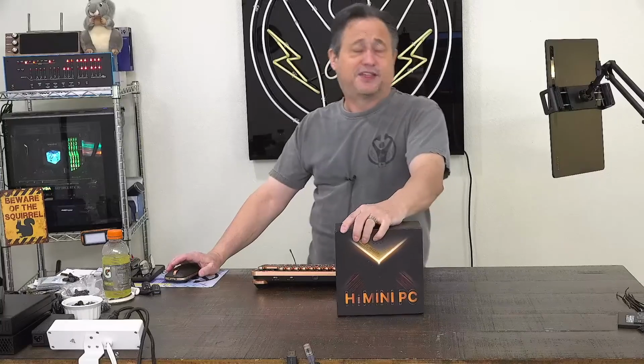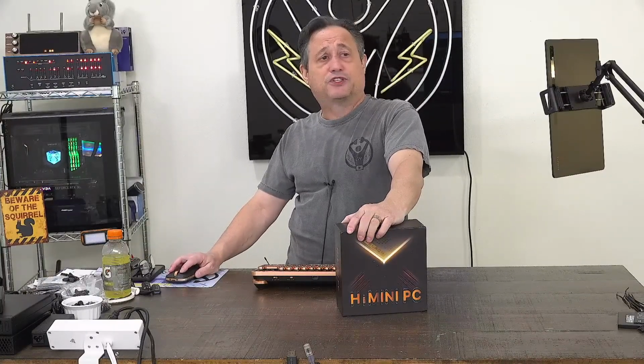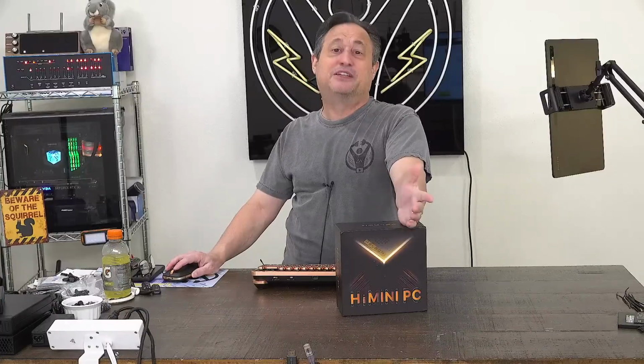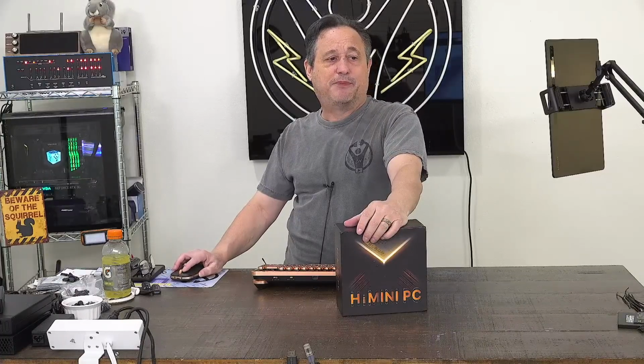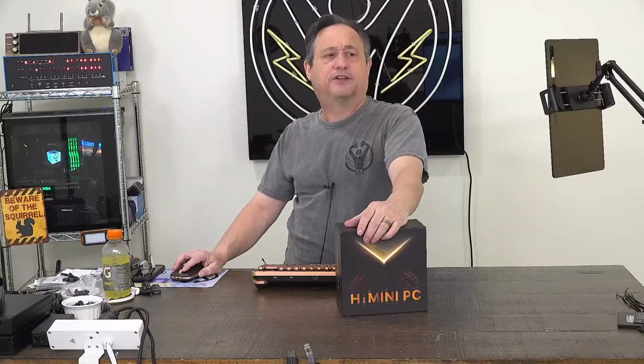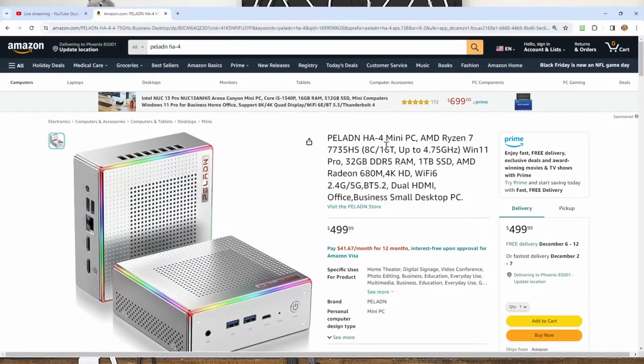And we have a very interesting little mini PC here that I think you're going to find as interesting as I have. Let me jump over to the Amazon page describing it before I take it out of the box, so you guys get an idea of what we're about to explore here together. Where's my window capture? There it is. So this is the Peladn. It's called the HA-4. It's an AMD Ryzen 7